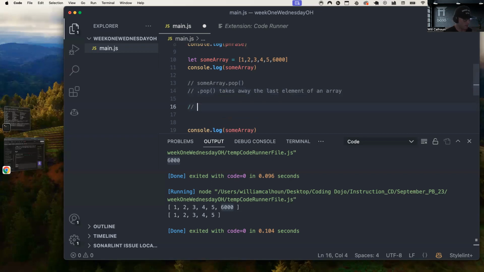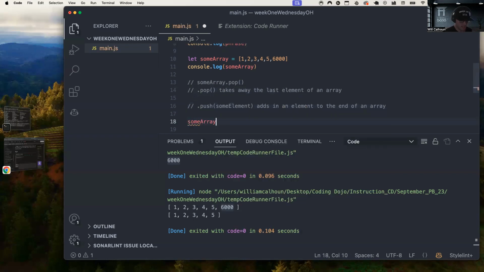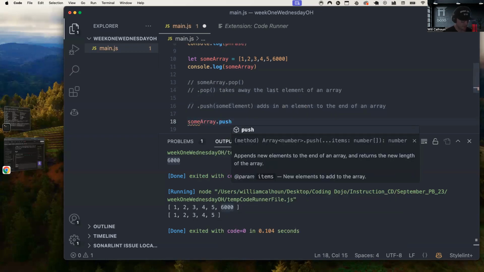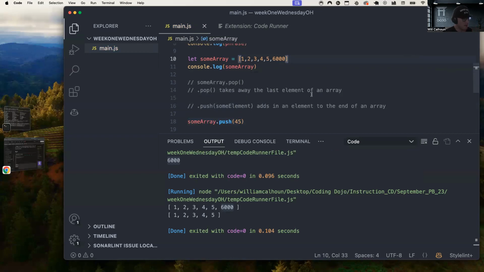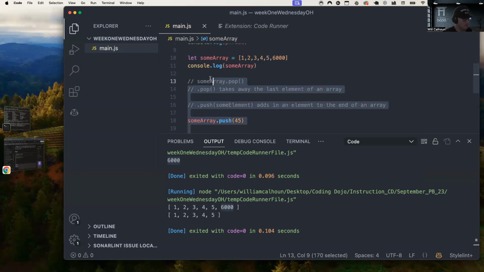I've got another one called dot push, which adds in an element, which means I need to add in whatever I want. So what I can say is some array dot push. I'm going to push 45. And so now if I run this code,